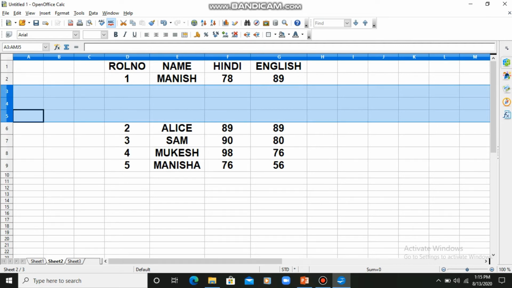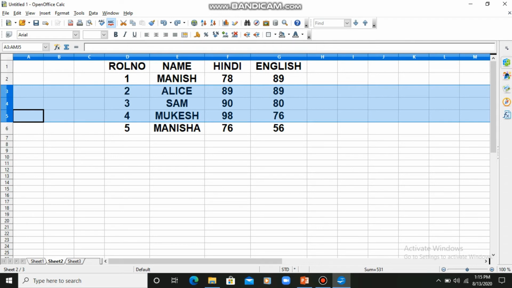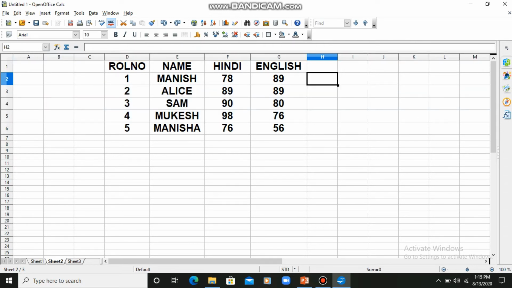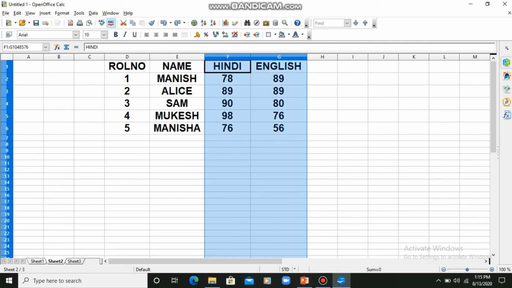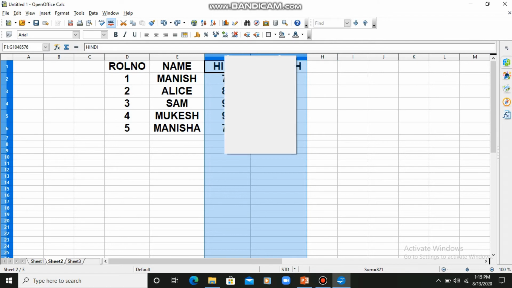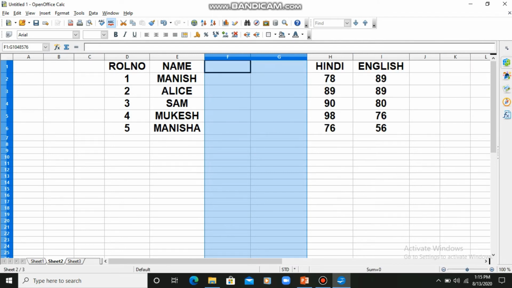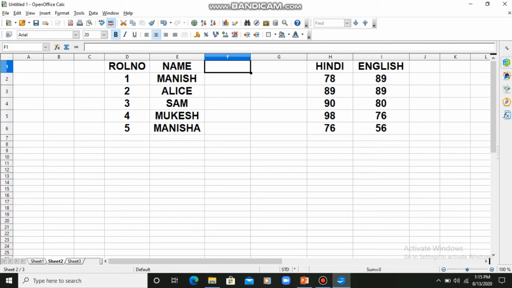If you want to insert multiple columns, let me give you an example: insert 2 columns at a time. You can insert any number of columns. Suppose I want to insert 2 columns at a time. I have to select 2 columns. See, 2 columns I have selected. I will right click and go to the insert column option. See, 2 columns are inserted at a time. You can give another subject here, like computer or science. Okay, this can also happen. Again, I am doing Control Z.